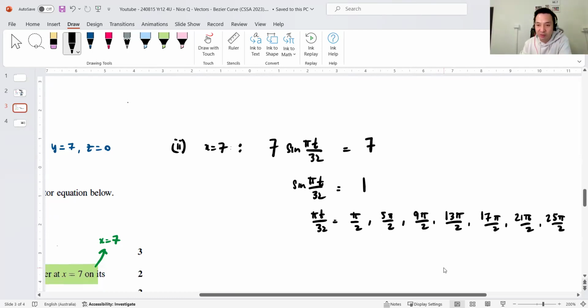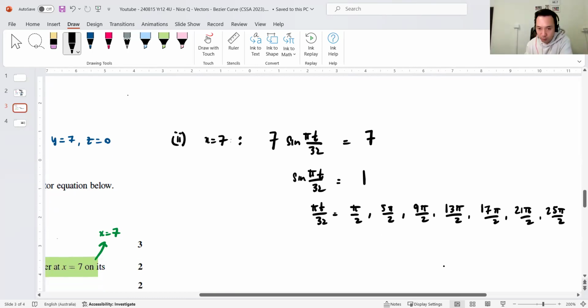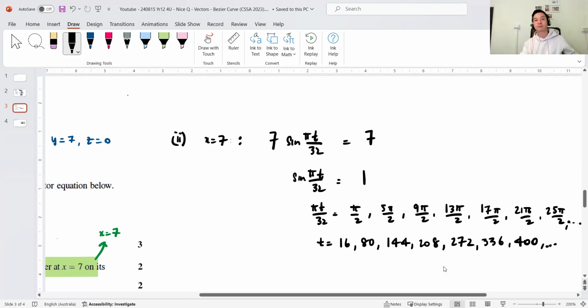Now, I want to make t the subject. So I'm going to divide everything by pi, so all the pi's are gone, and then multiply everything by 32. So the first one, multiply by 32, is 16. Then 80, 144, the fourth one is 208, 272, 336, 400, etc. Now, I'm going to stop there strategically because I know